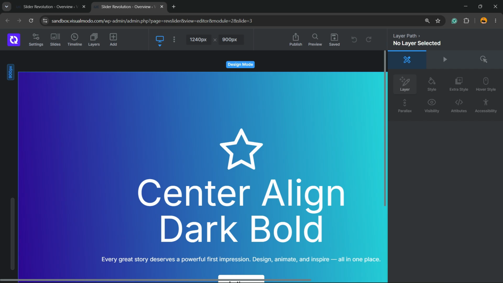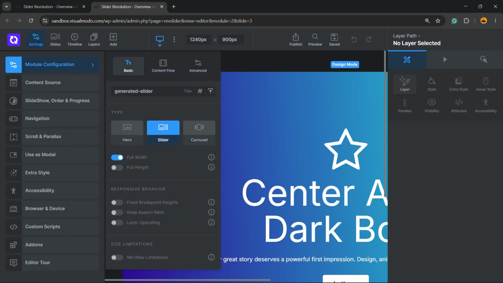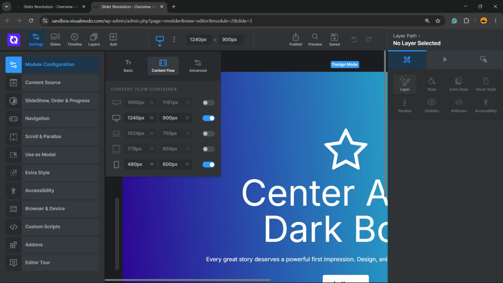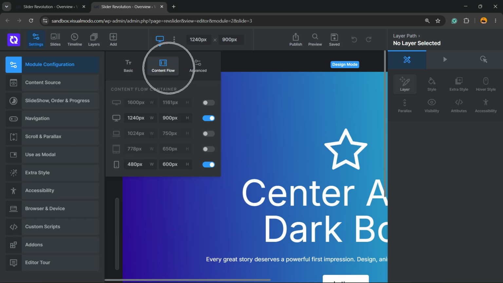Now review the upper left corner of your screen. There is the Slider Revolution icon, settings, slides, timeline, layers, and add. Go to settings and click on Module Configuration. We have Basic, Content Raw, and Advanced. So we're gonna click on the Content Raw tab, and right here we can customize the